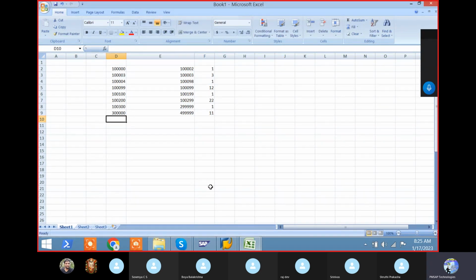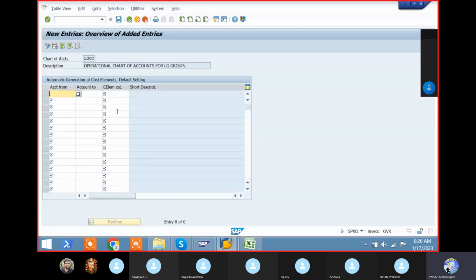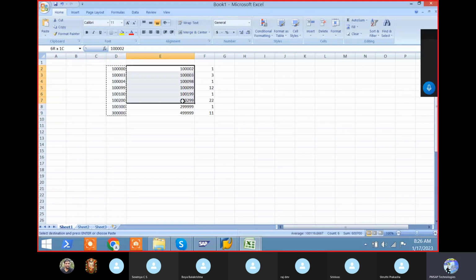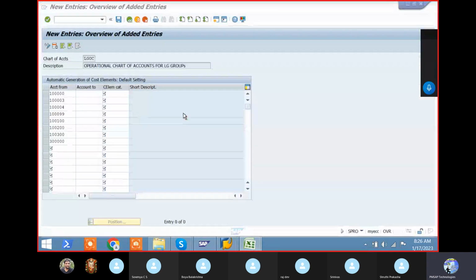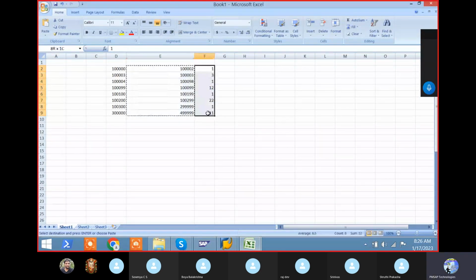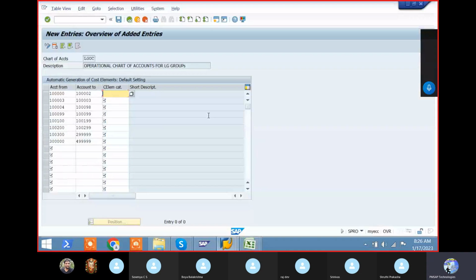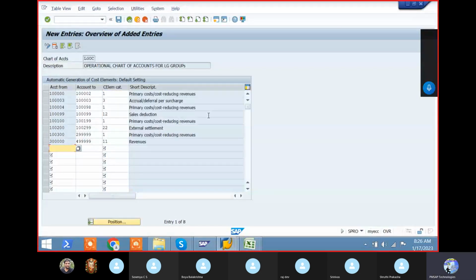Example, click on new entries, from number to number. Here we have the option to specify from, to, and category. Note down, sir. From account,